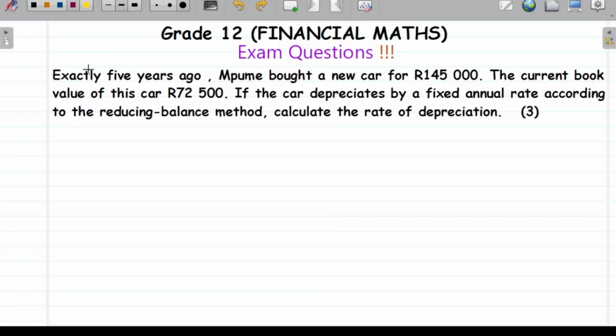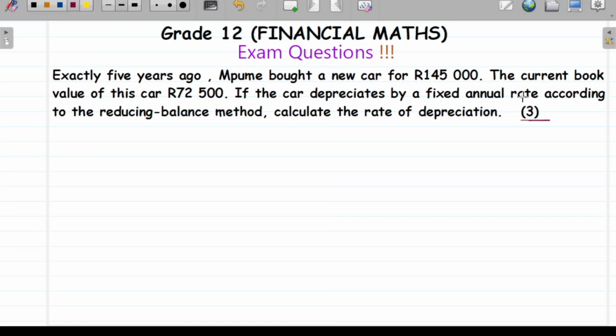Alright, grade 12s and grade 11s. In this video, I am going to be showing you how we tackle a question like this, taken from a past exam question paper. It's only 3 marks, but there's probably a catch to it. What the question is asking us to do,